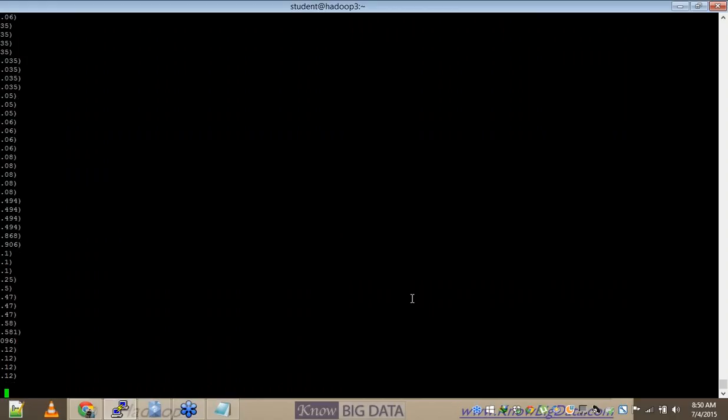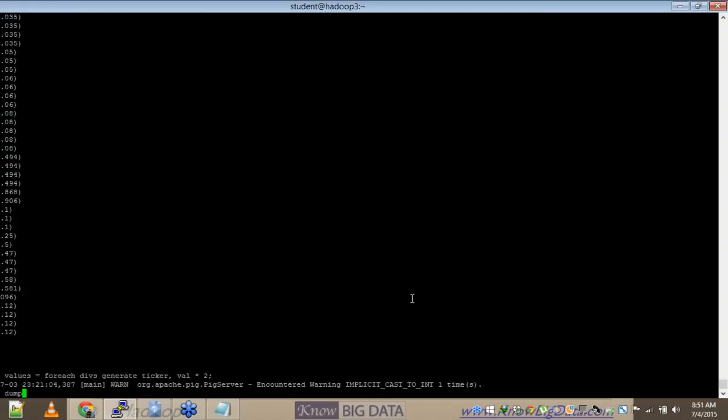So let's see an example, right? So here we said for each divs generate ticker comma value. Let's multiply value by 2 so that we can see that some processing also goes on, right? Now if I say dump values,